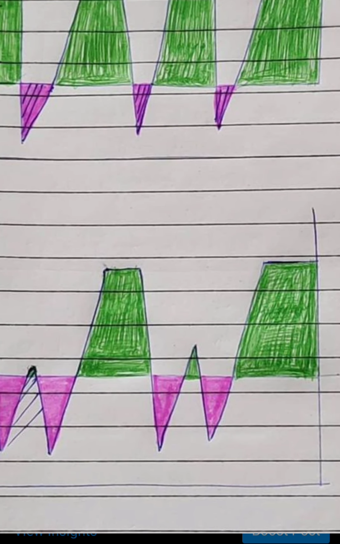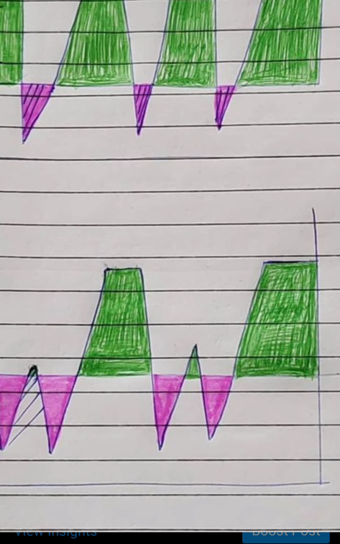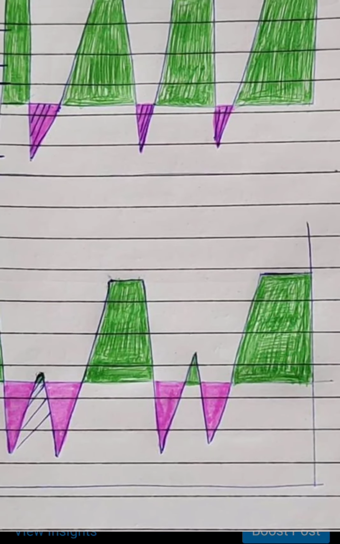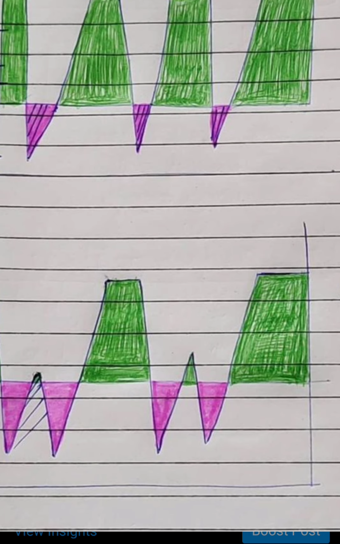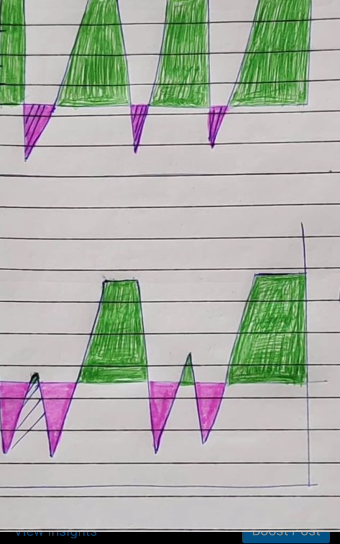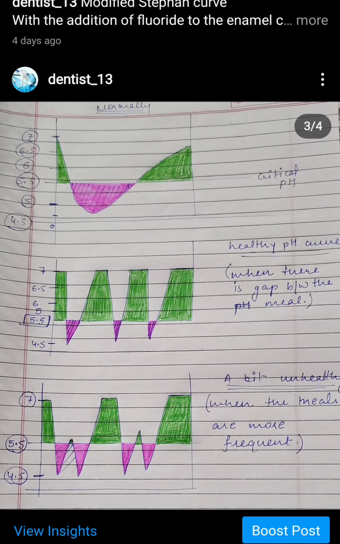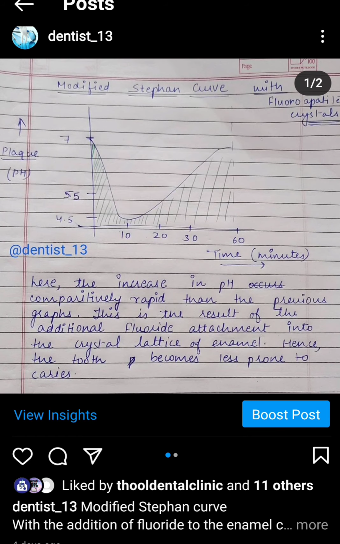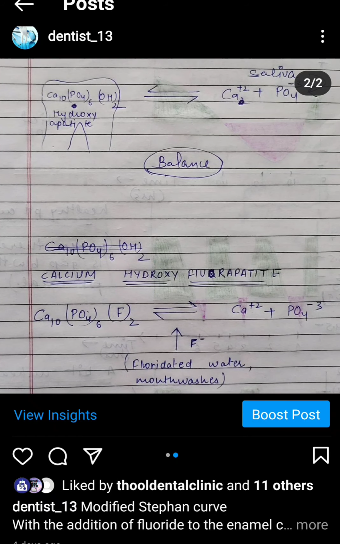Then, as the pH level was returning back to normal, he had something else, for example, some sweet or dessert. Then again, it has slid down to 4.5. So, in this case, the teeth are more exposed to the acidic environment and less to the neutral pH. So, the enamel is more prone to get eroded and get caries as well.